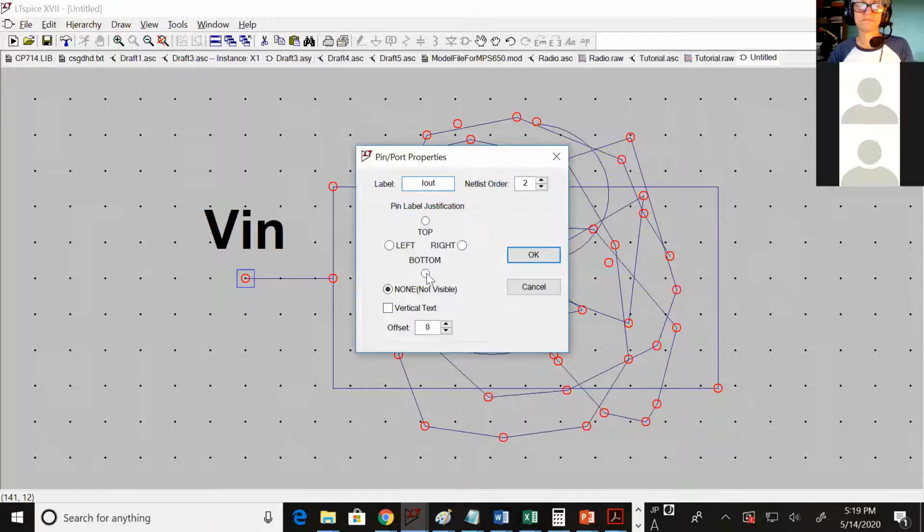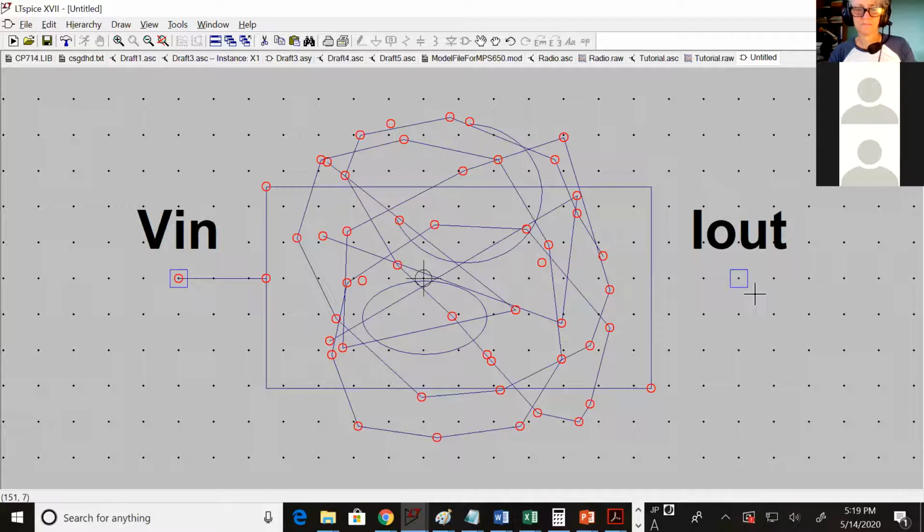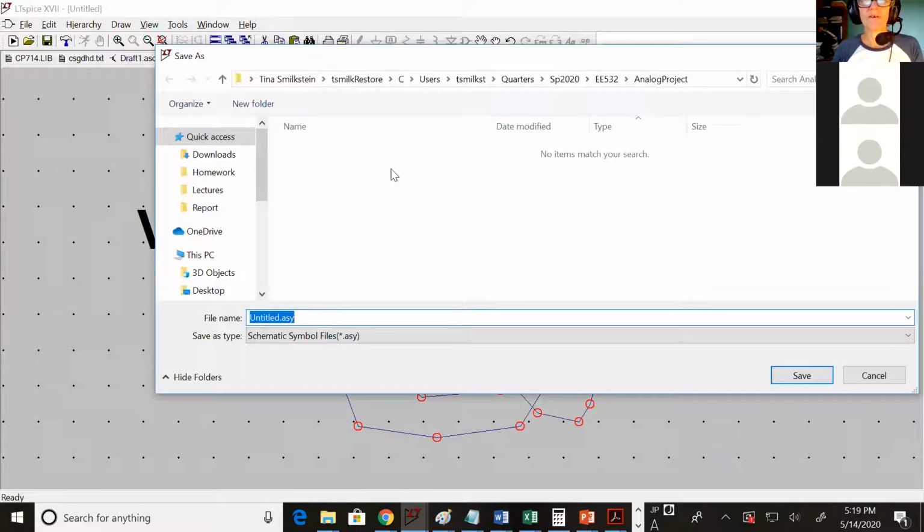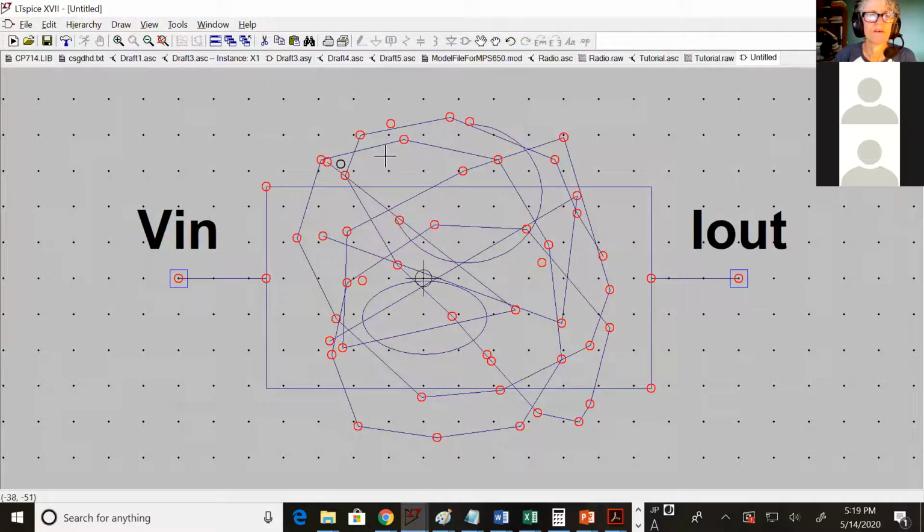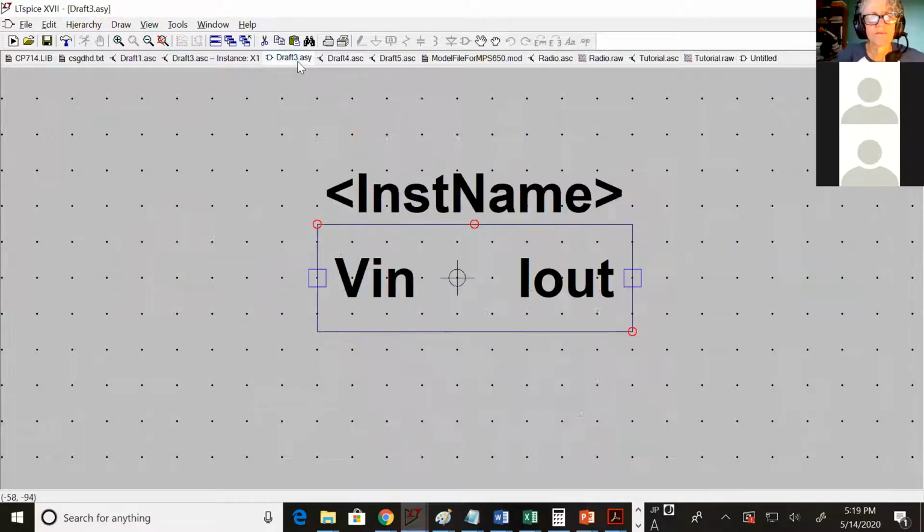Oh, I see. You don't need an extra pin for ground in any of these cases? No, because we put that inside the symbol. Pin. And I've kind of forgot what the